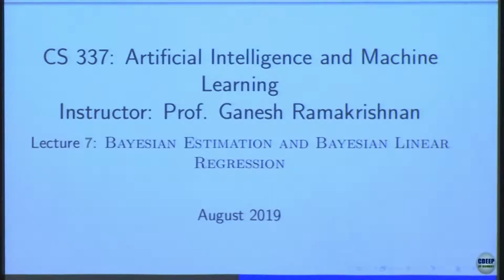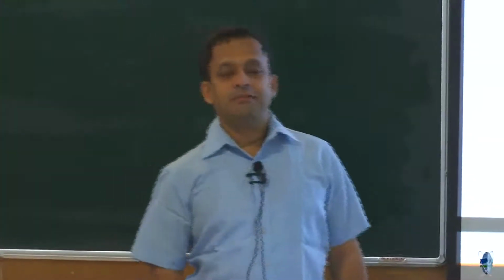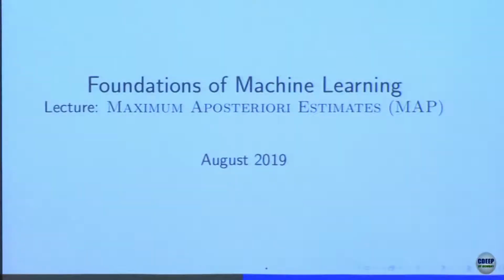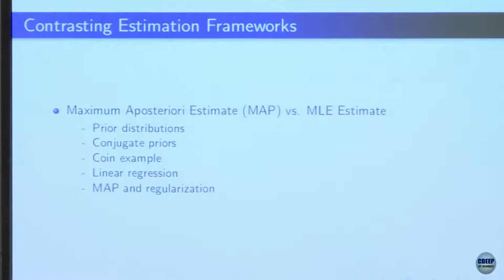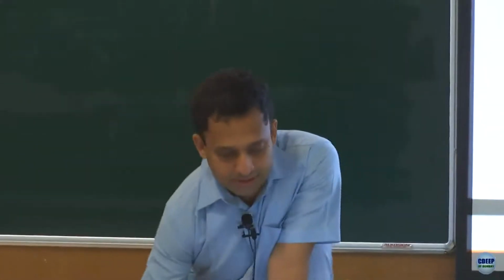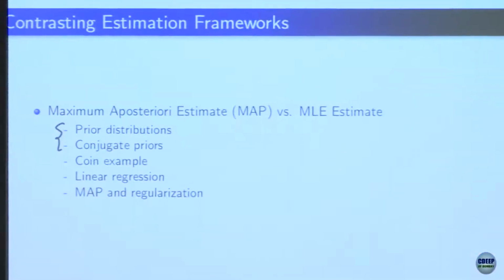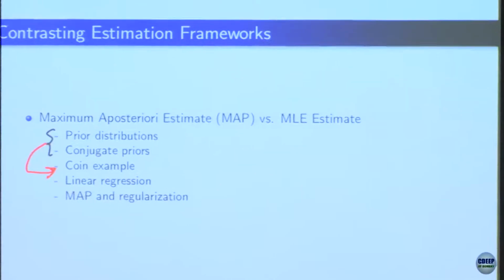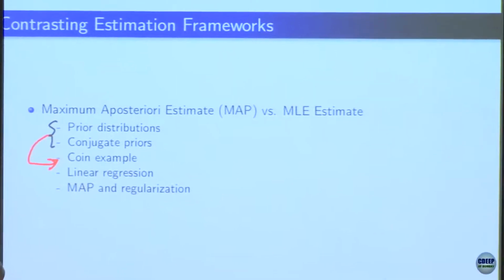So we will resume our discussion on Bayesian estimation and Bayesian linear regression, and very briefly we had talked about this MAP, or maximum a posteriori estimation, in the last class. What are the different components of MAP vis-a-vis maximum likelihood estimation? We talked of prior distributions, we hinted towards something called conjugate priors, and we started all this discussion in the coin tossing example just because it is easier to relate, and then we will move on to